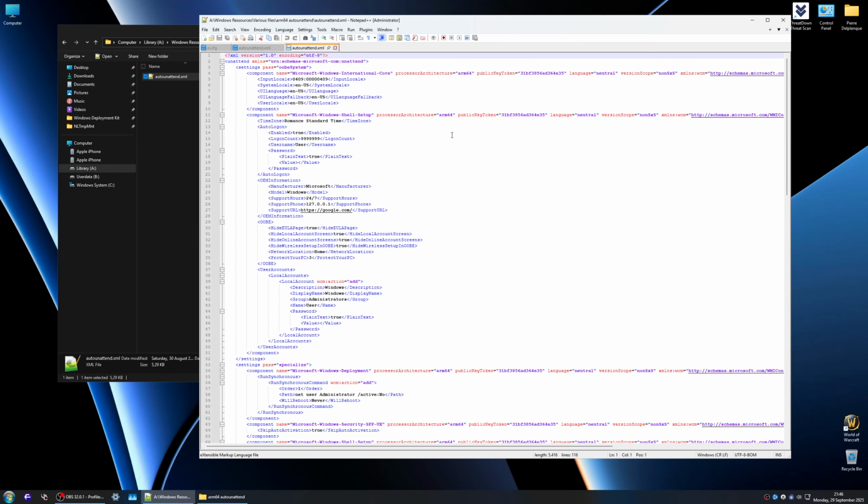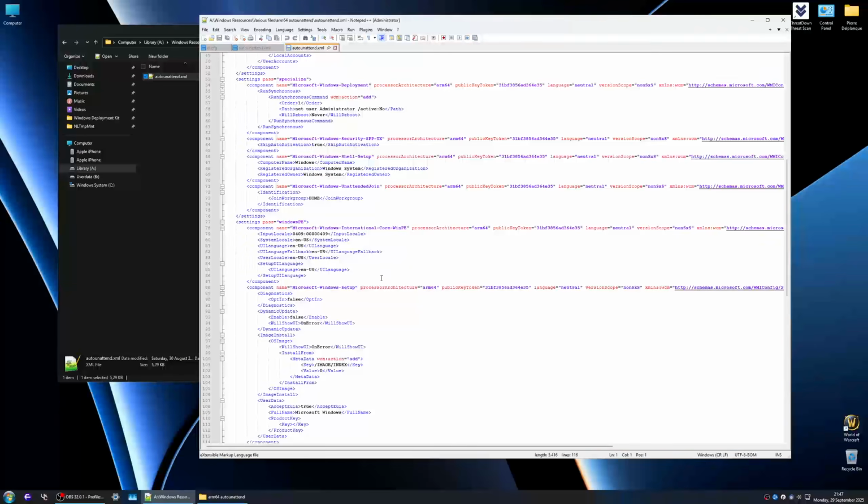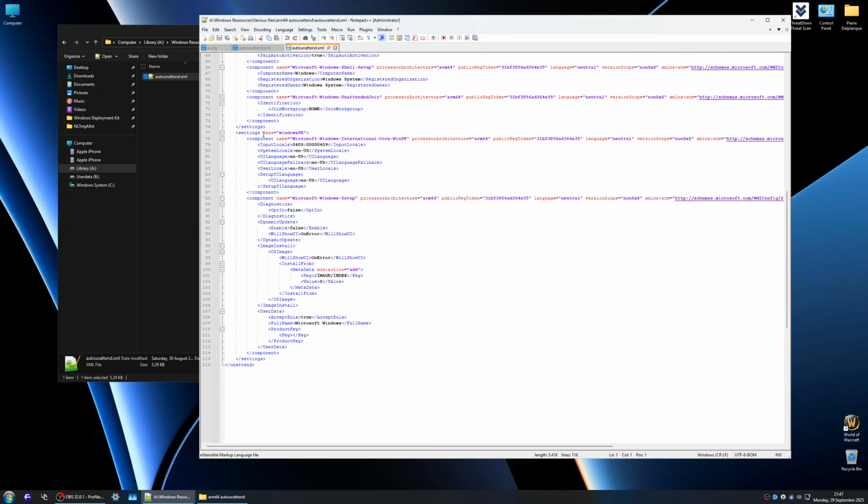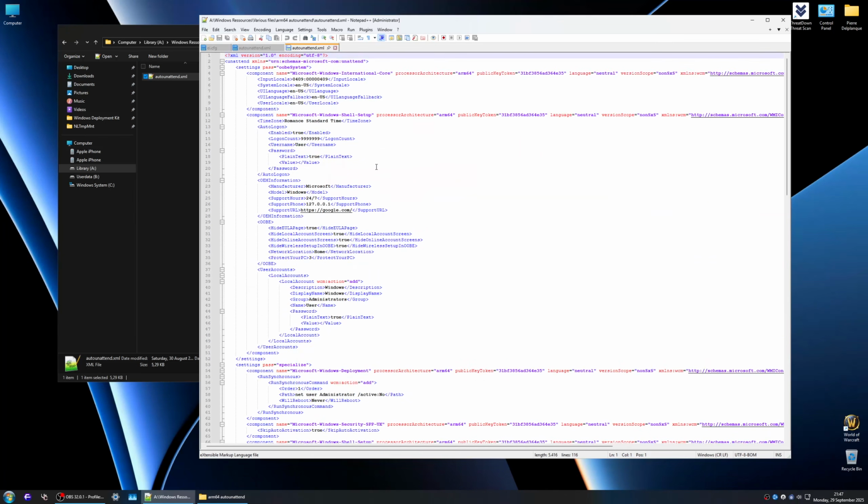ARM64 if you're using ARM, and if you're using another language, be sure to change these to the correct ones. And don't forget the Windows PE, because otherwise you will have problems with the installation. It will not take the auto unattend into consideration. So you need to make sure that you change the values to the correct ones, FR or NL, something like that, whichever is useful to you. So that's my auto unattend